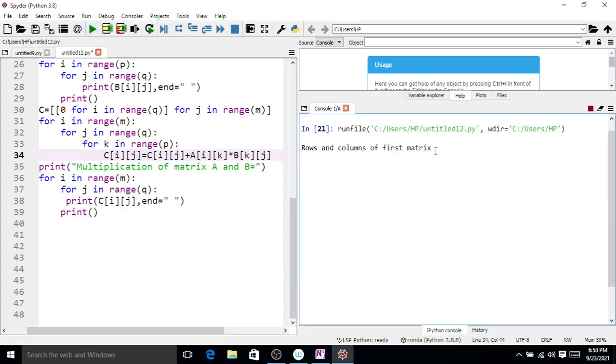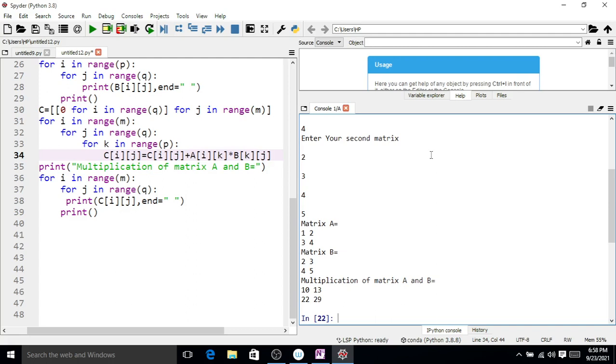Now if we run one more time, the order of the first matrix is 2 by 2, the second is 2 by 2, 1 2 3 4, say 2 3 4 5, and now you can see here, if we multiply the first row by the first column, then 2 plus 8 is 10, then the first row into the second column is 3 plus 10, 13.